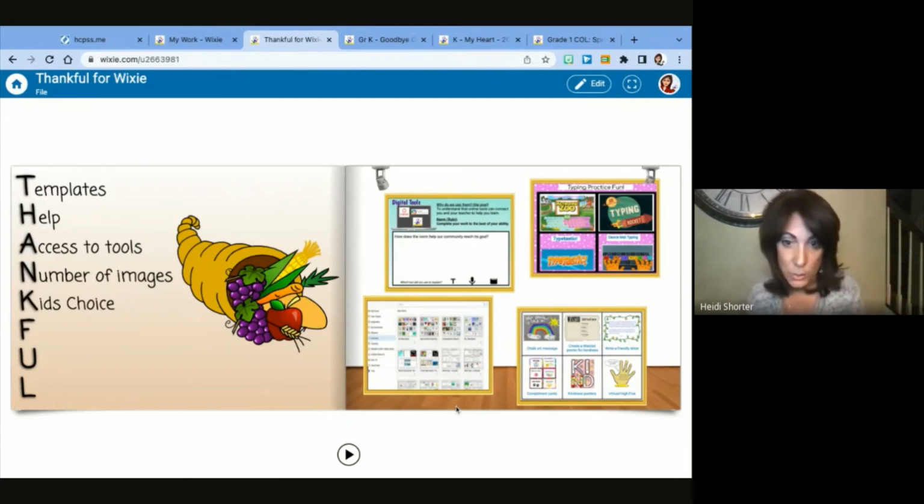And then, of course, there are the choice boards. If you go into the template categories and you go under curriculum and idea boards, again, this is something else that is so helpful from Wixie. It is always changing. They are always adding choice boards, and it's such a great way for kids to have the choice of what they want to do and how they want to continue with the topic that you're using.